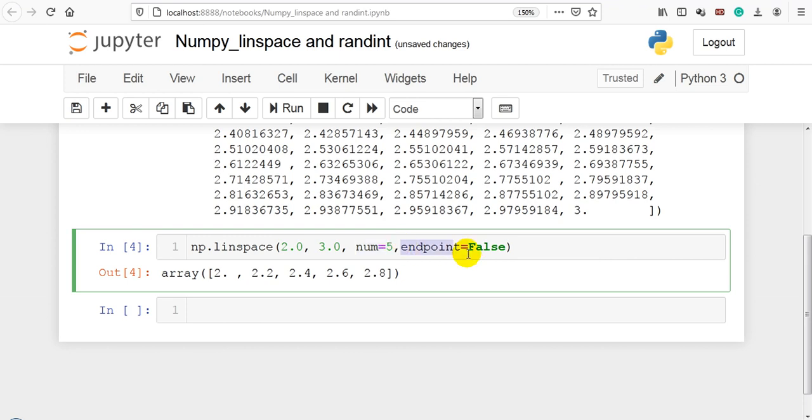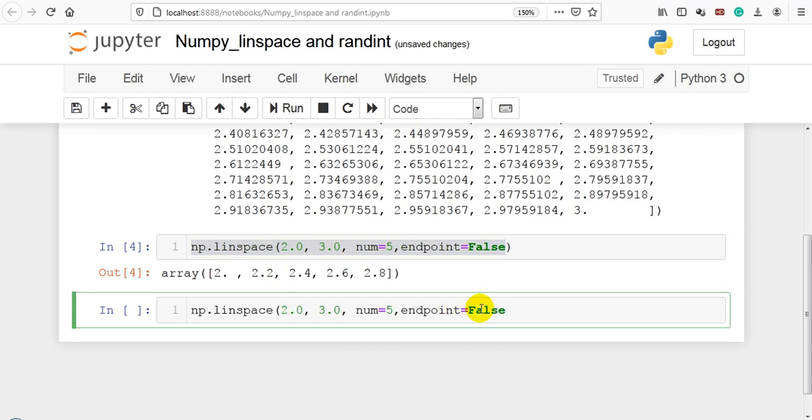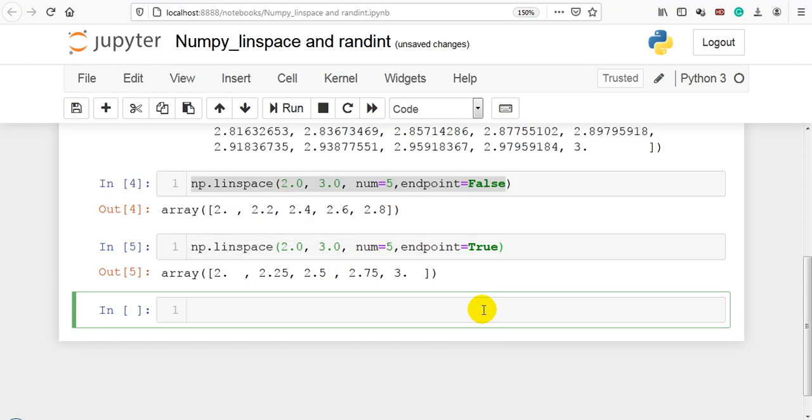Default is 50. Endpoint is equal to false. So if endpoint is set to false, then the end value is not included in the sequence, that you can see. So let me copy it once again. Make it true. So now you can see the end value is included in the sequence.